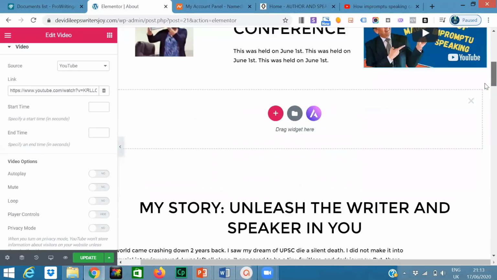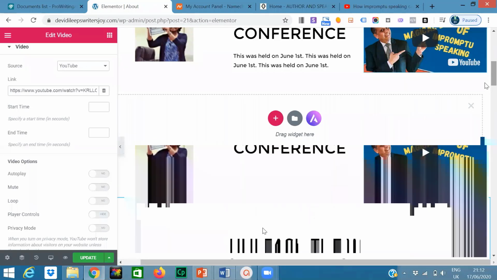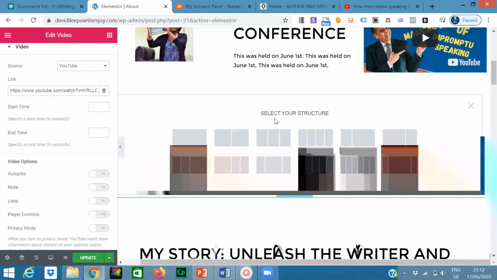Scroll down. Now you want this completely as one, or you want to add multiple, right? Now click on the plus symbol. This is where you have multiple things. Think that maybe that was a conference, that was a video, and you want to add a gallery. I'm just trying to make up a story here.